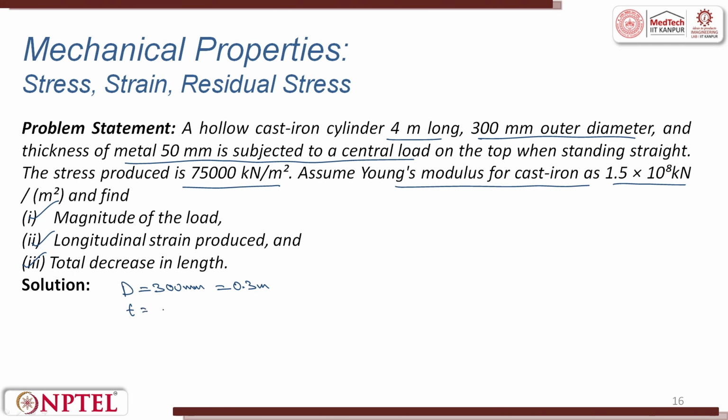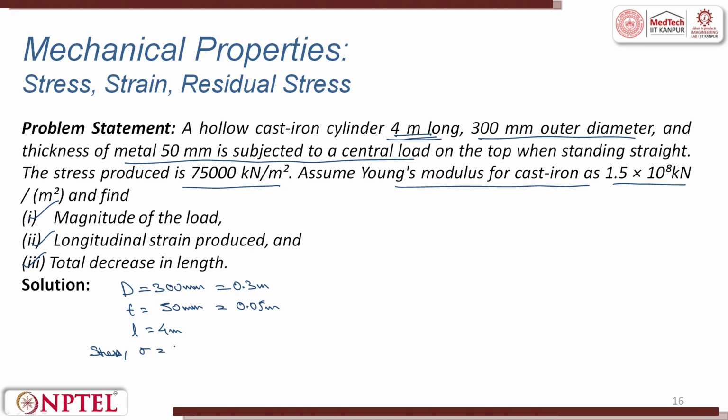Thickness T is equal to 50 millimeter, which is equal to 0.05 meters. Length L is equal to 4 meter, a 4 meter long rod, right. Now, we have the stress that is produced, that is given. Stress that is produced, that is sigma